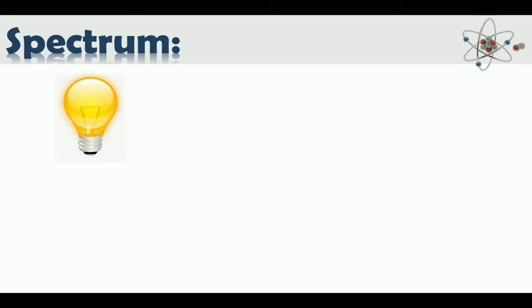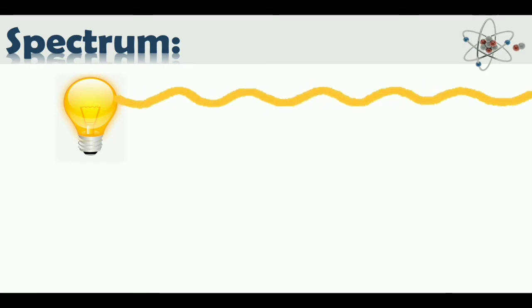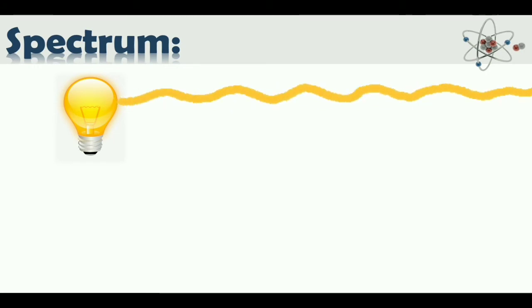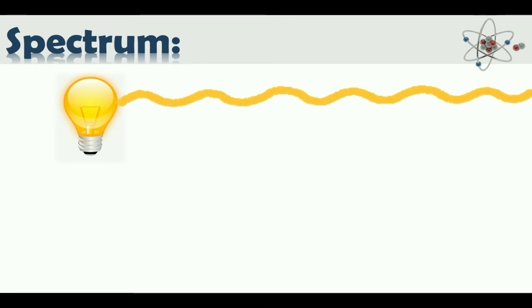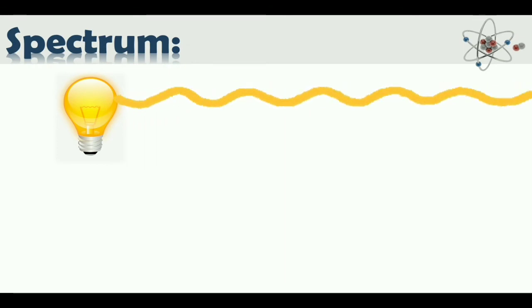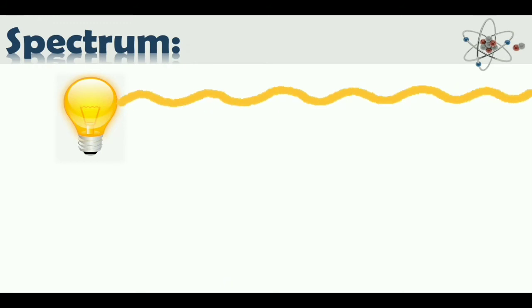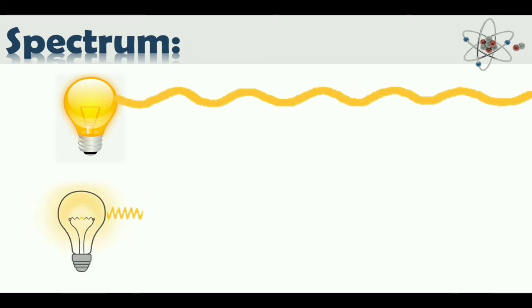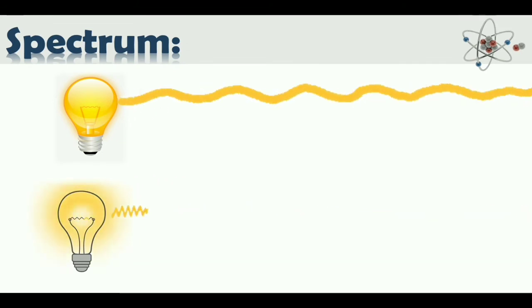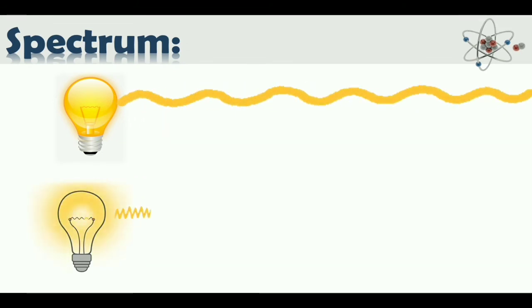You can see the light glowing, and we say that the light energy is continuously emitting without any breaks. But Max Planck ended the traditional way of thinking, and he said that when light is passing, it is in the form of packets. So some of the energy packets are moving like that.